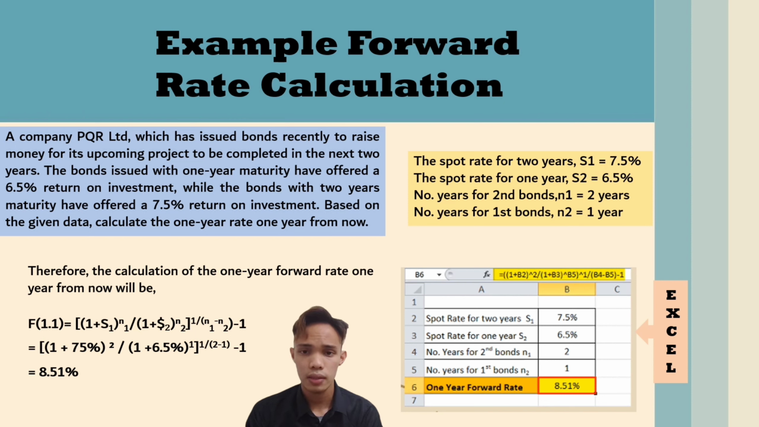Okay, so the spot rate for 2 years is equal to 7.5%. The spot rate for 1 year is equal to 6.5%. The number of years for the second bond is 2, while the number of years for the first bond is 1. After you insert these into the formula, you will get the 1 year forward rate